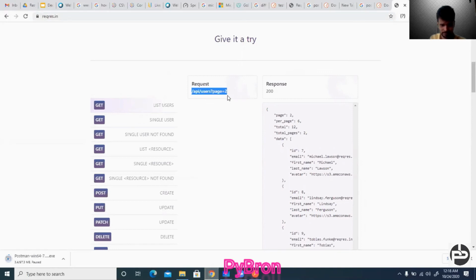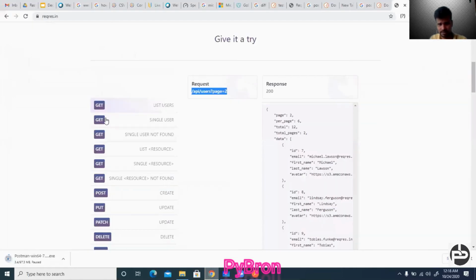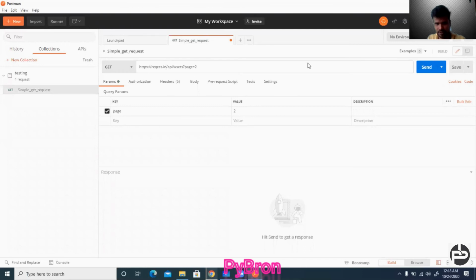Just a minute. Copy this, Control C, and go to your Postman and paste it here. Okay, sorry, it came down. Now, what is the method name? The method name is GET. You can see here the method name is GET, and the response should be 200. Guys, again, the response code is very important. I'll let you know the different kinds of response codes. It is a GET method. Now try to send it.